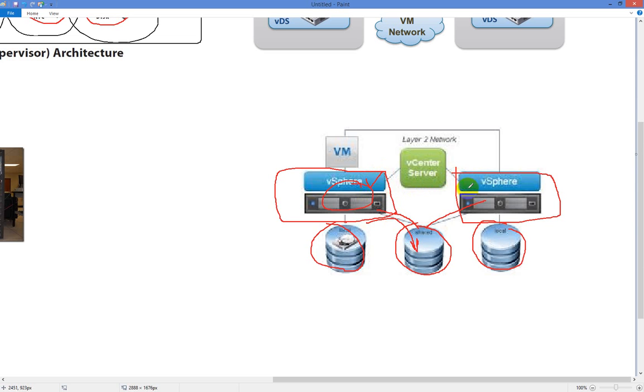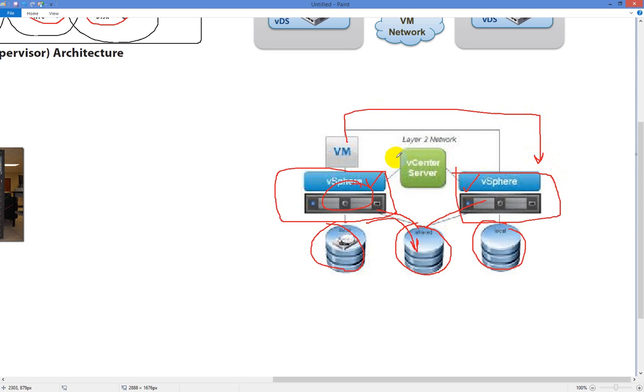The actual command is migrate. I need to do a vMotion from you to another host. Then vCenter would say, okay, ESXi host 2, I need you to lock onto this guy's RAM and this guy's CPU, and that's where you're going to be going. So then you're able to move this virtual machine from here to here. And that's how you would do that.